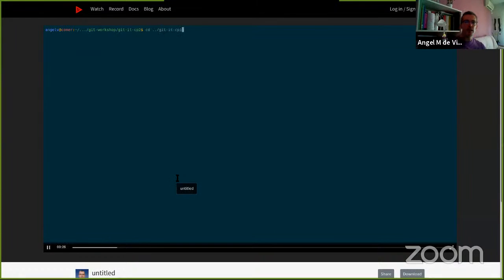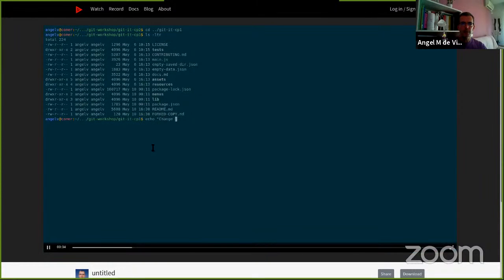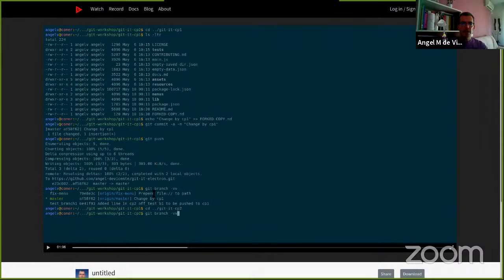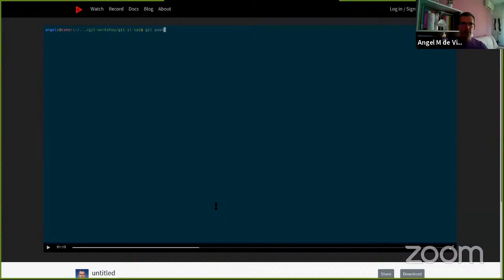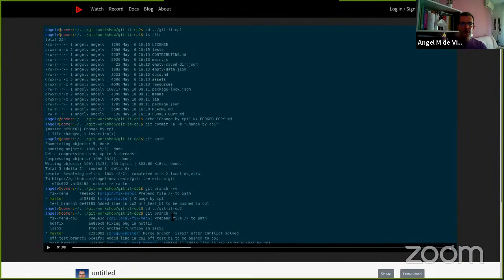And now the user CP1, for example, is going to add some information to a particular file, and it does a commit, okay? So nothing new, and it does the git push, so it will send those changes to GitHub. Now, if I go back to CP2, the user CP2, and if I do git branch -vv, you can see that